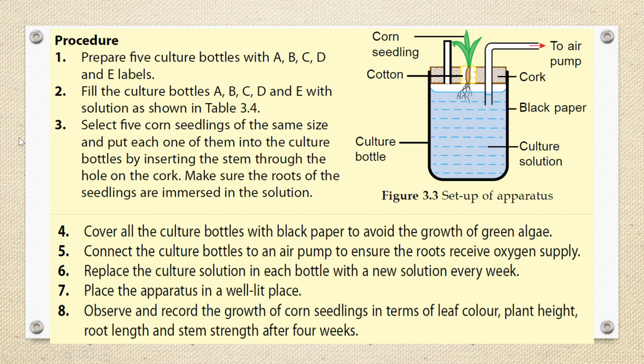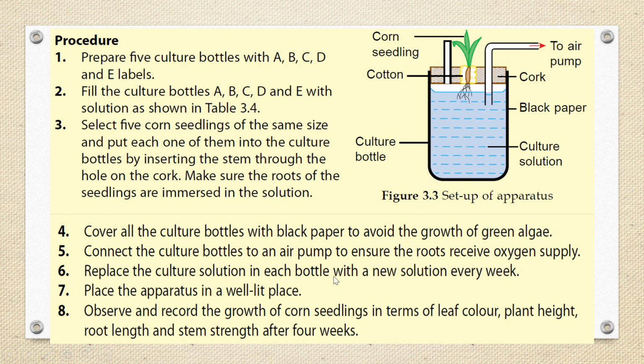So all this procedure over here, the setup, having this culture solution. You get to see some of the precautionary steps: you have to cover all the culture bottles with black paper. The reason is you want to avoid growth of green algae, which is going to serve as a distraction for our experiment. You have to connect the culture bottles to an air pump to ensure that the roots have good aeration. In other words, they receive enough oxygen supply, and you have to replace the solution every week to ensure that they are well nourished